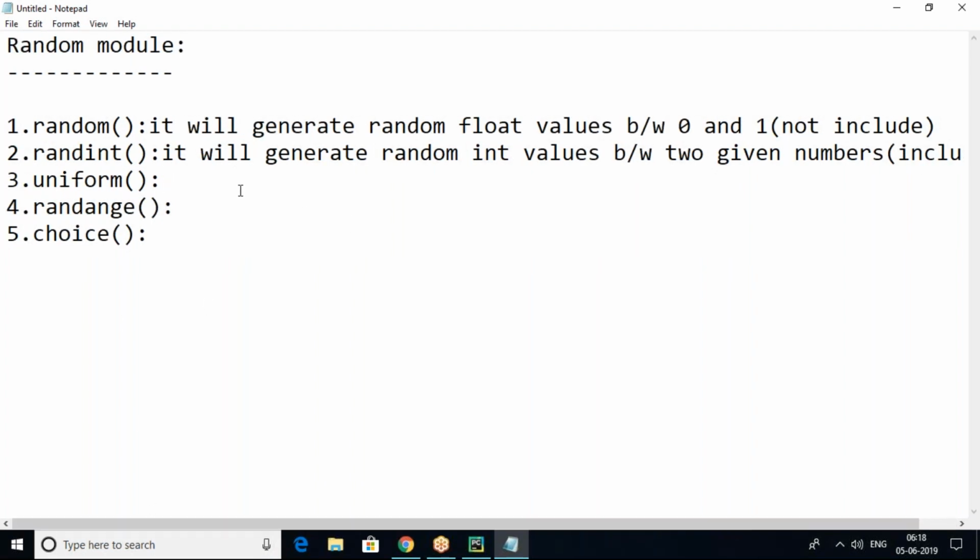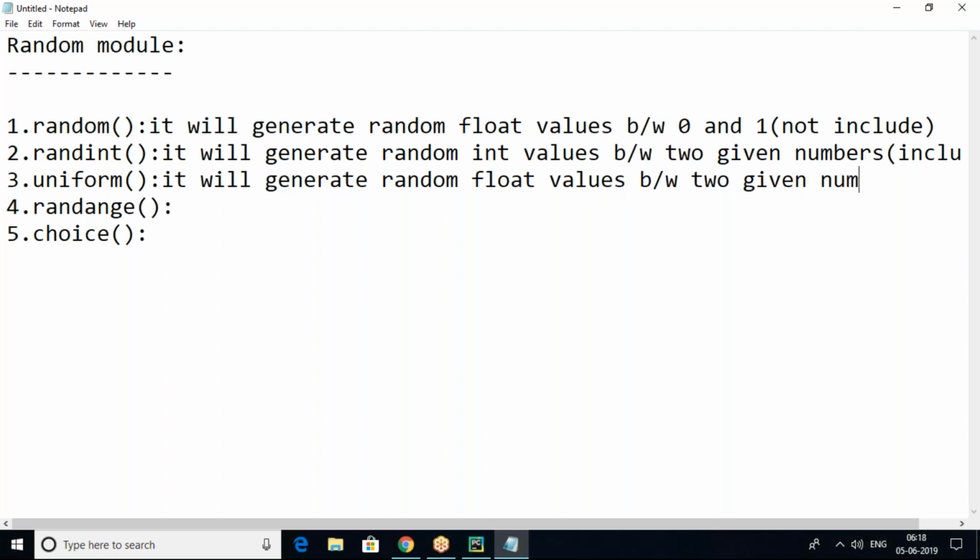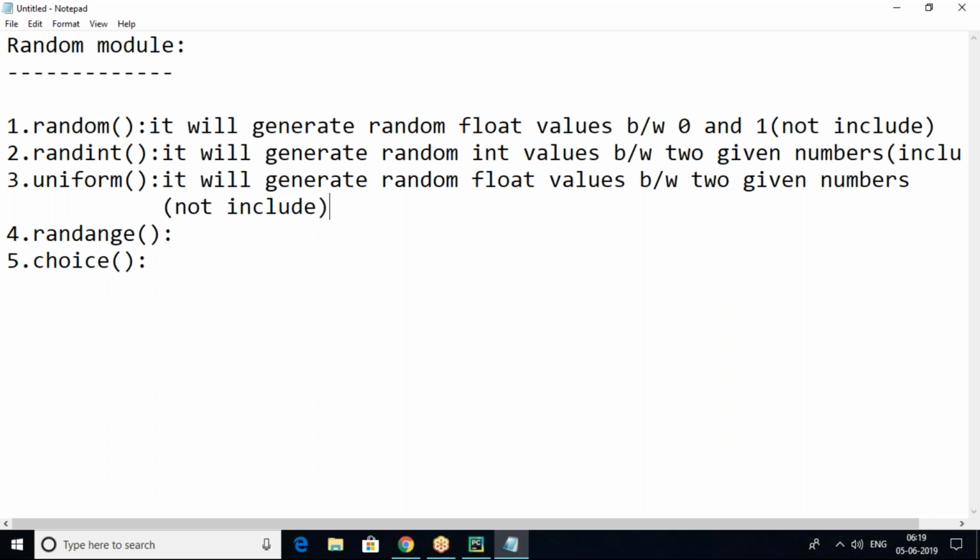This function will generate random float values between two given numbers, not including them.